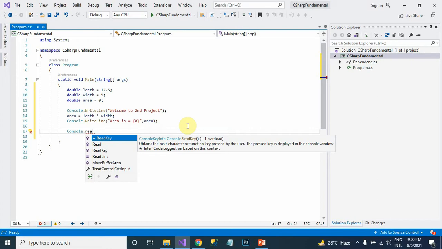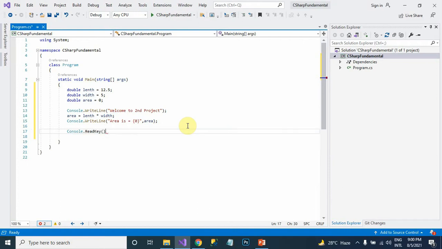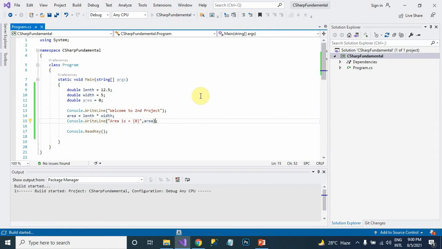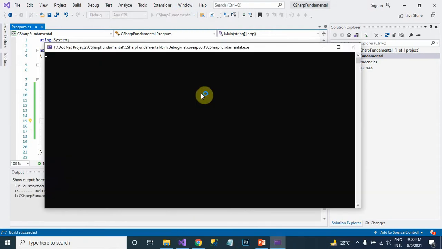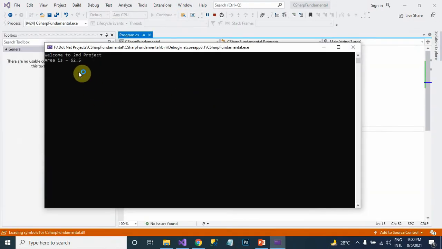It will display the Console.ReadKey, and whenever you enter any key, it will close the program. Write here and execute. So this is the area, 62.5.